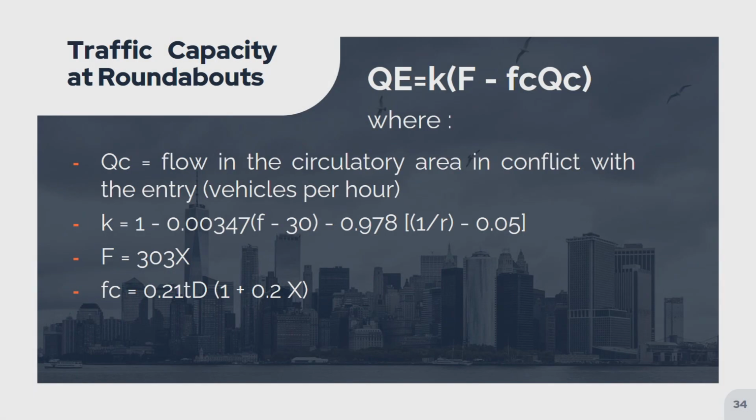Where QC is the flow in the circulatory area in conflict with the entry, denoted as vehicles per hour, and K is 1 minus